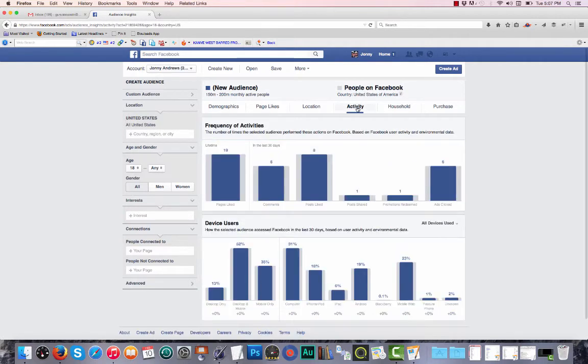So if you hit your interest and you look over here and you click on activity, there's this little backwater thing here that says ads clicked. The average person on Facebook clicks about 6 ads a month, and I think that's pretty low and kind of useless, because I'm looking for something that's going to be a lot better. What this is, is a factor of how responsive this particular group of people in your interest will be to your ads, or to just advertising in general.